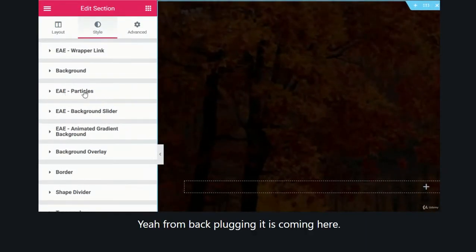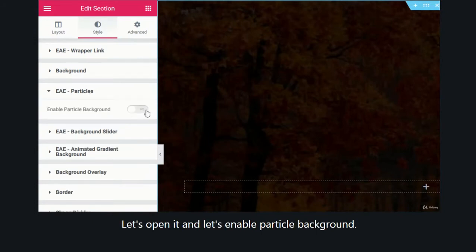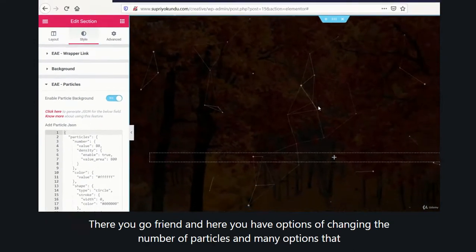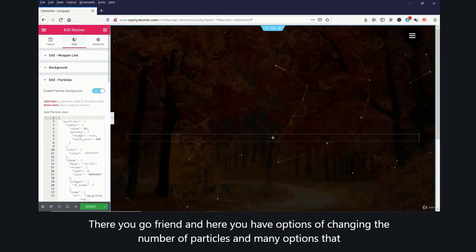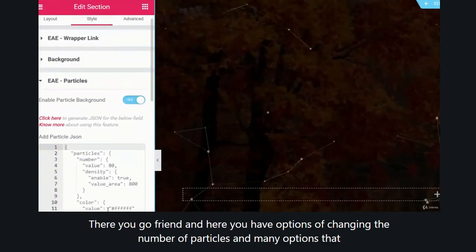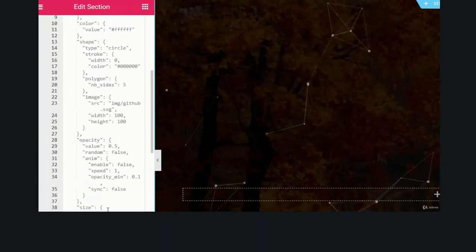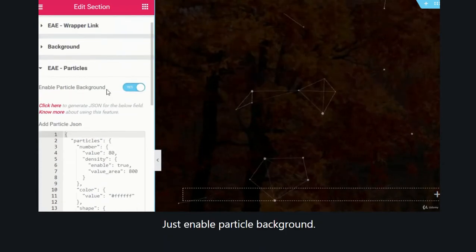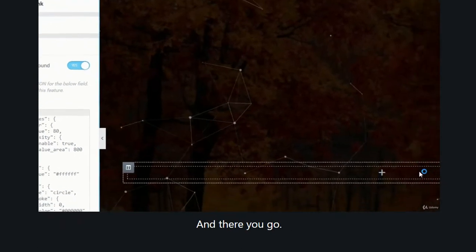Yeah, from that plugin it is coming here. Let's open it and enable particle background. There you go, friend. Here you have options for changing the number of particles, and many more options. You don't even need to know this. Just enable particle background and there you go.